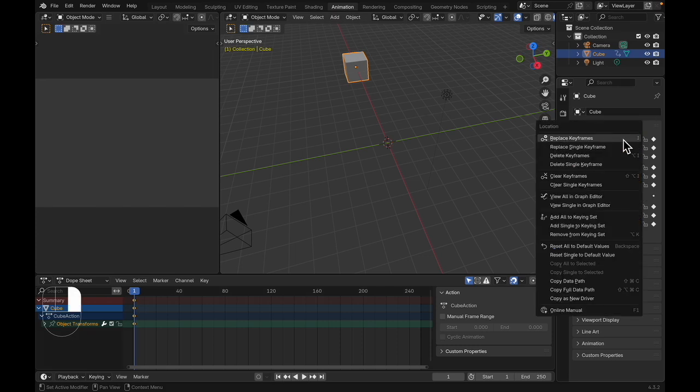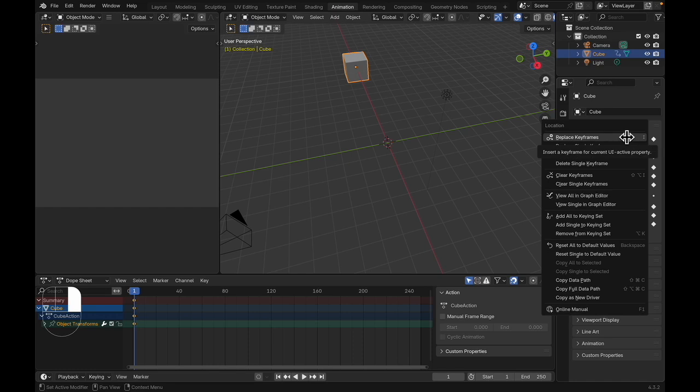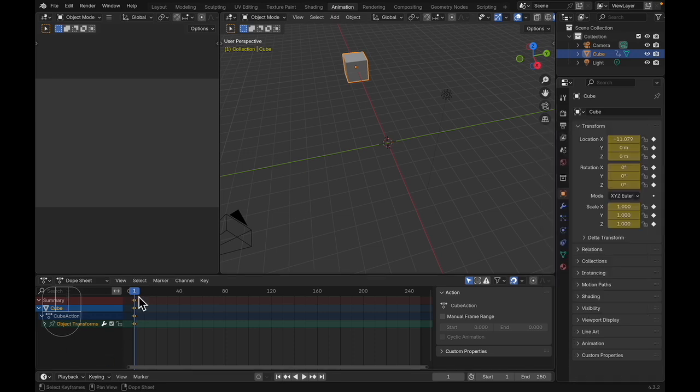So either you can right click and then insert keyframe, which is not showing up for us because I pressed the I hotkey, which you can quickly do. This is just the basics, but obviously you can get into more specifics like inserting a single keyframe or deleting keyframes and all that. So as you can see in your dope sheet here, now it added that. And if we run it, hopefully that should